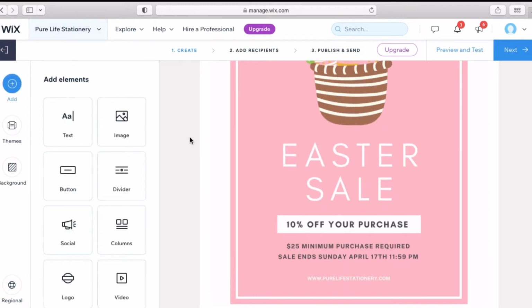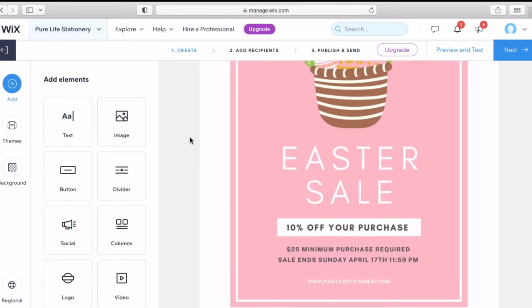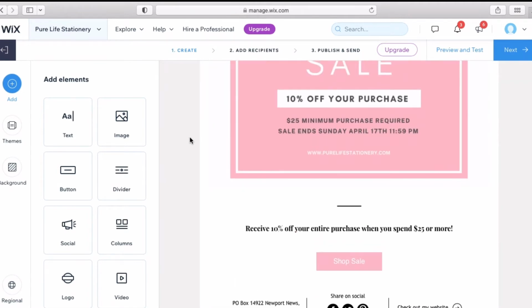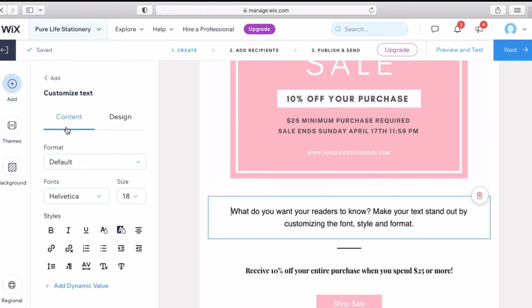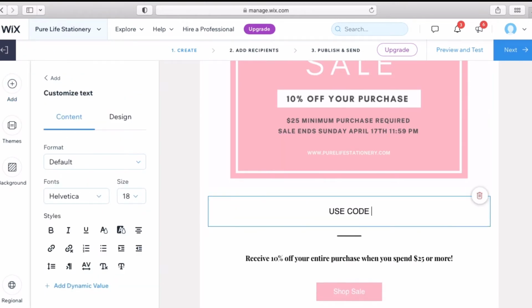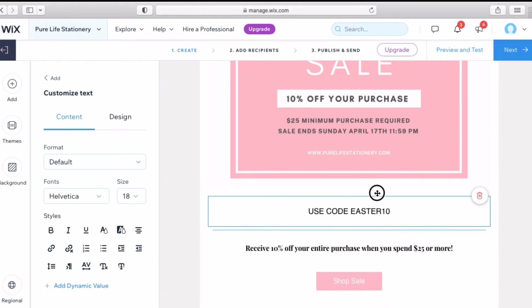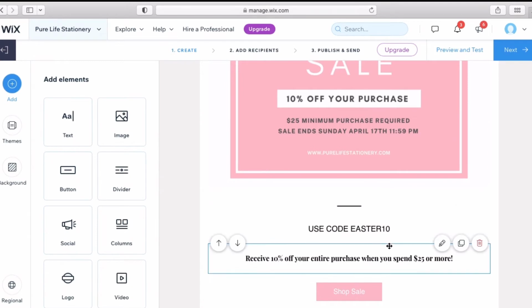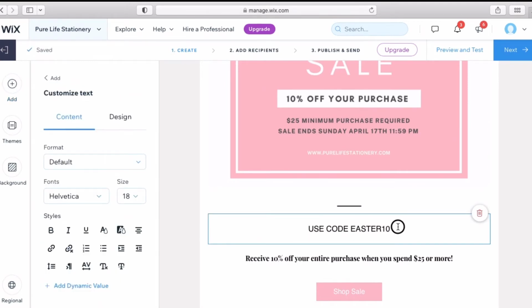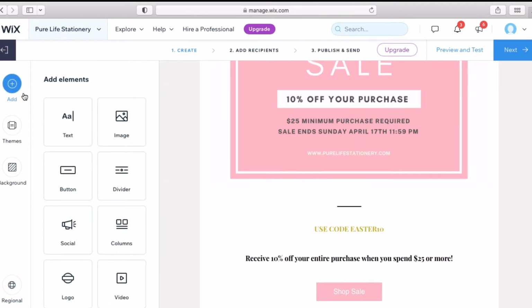And of course, this email is super short. So if you want to add anything such as text or buttons or images, all you will do is just click on the blue add button and then click on any of these different things. So text, images, button, divider, whatever. And if you want to move anything within your email, all you have to do is just click on it. So whether it be this divider, you can just click on it and slide it, and then it'll move on its own. So again, if I want to add a divider, I'm just going to click add, select a divider,